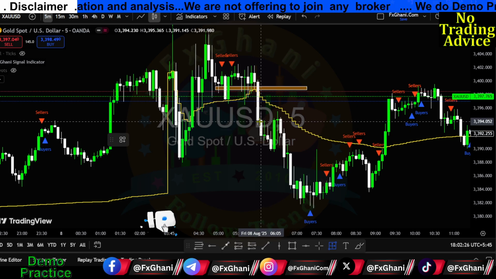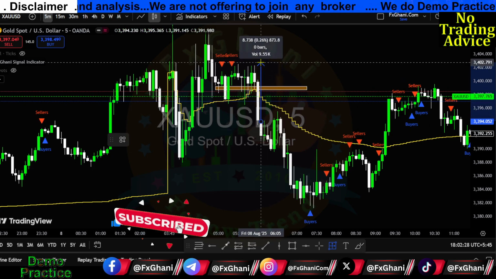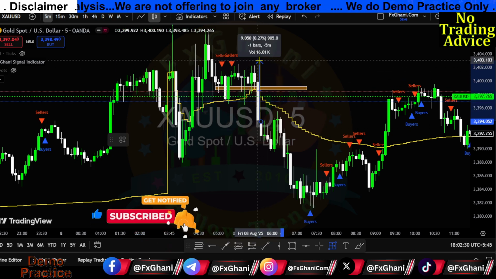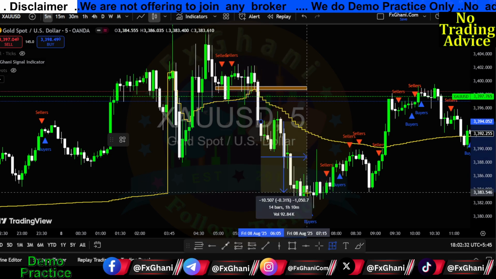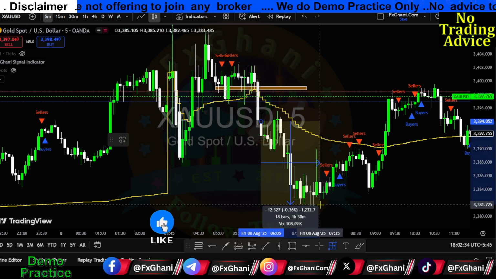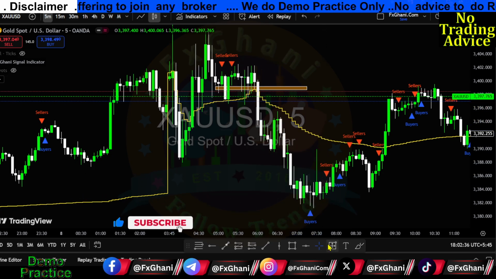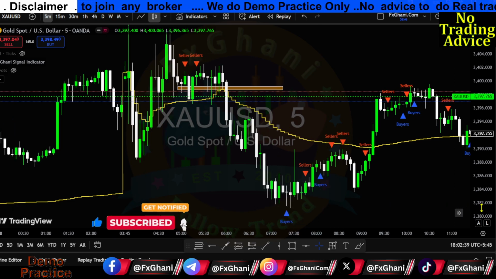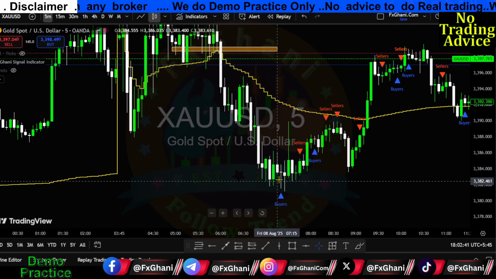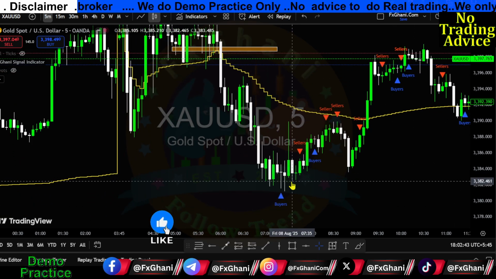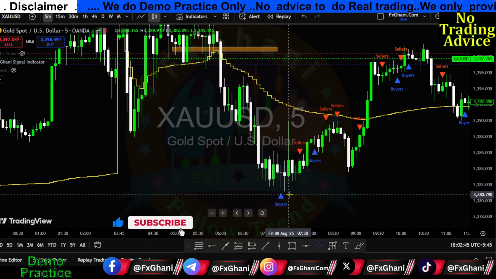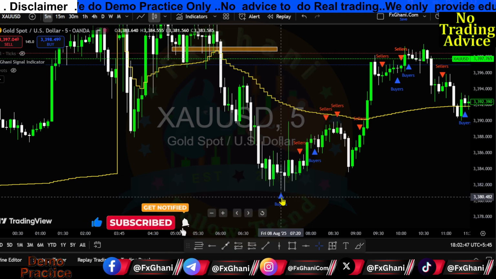Okay, now we open a sell trade and our stop loss is above our red arrows, so our stop loss is almost 90 pips. Now you can see prices go downward, almost 120 pips. And after the 120 pips downward move, you can see here in a lower time frame this indicator shows a blue arrow,